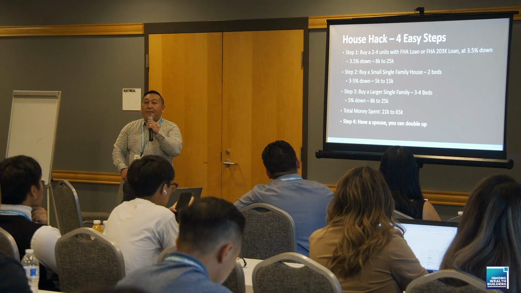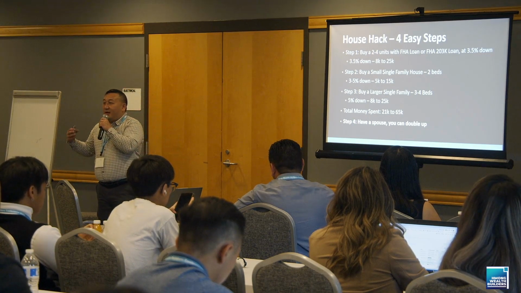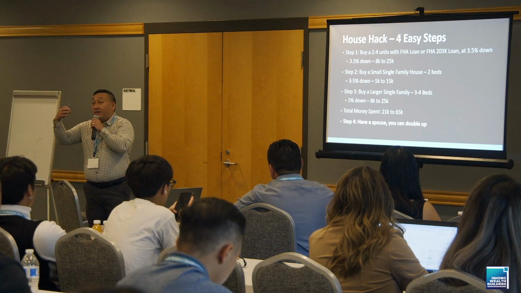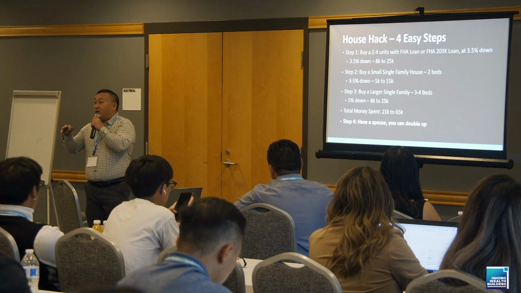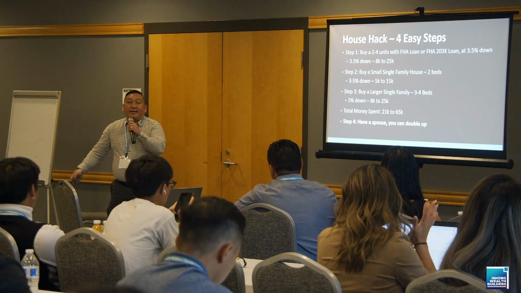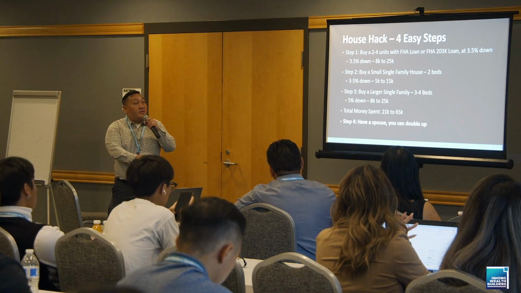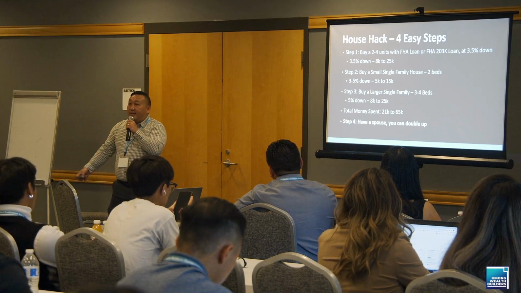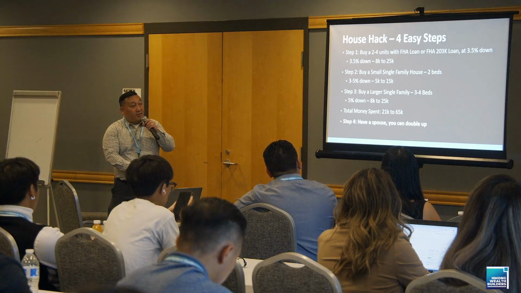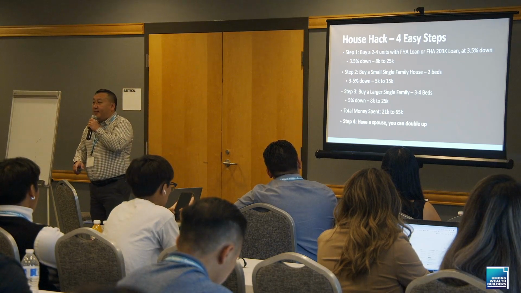Actually, we didn't even have money to purchase. So how we did, it was a lease option contract. I put $5,000 down, or as a contract fee. That's called rent to own, right? Or most of you guys might know it as rent to own. Then after that, I saved up some money as a down payment, and then we purchased it with the FHA, actually FHA 203K loan. But I'll explain that in a little bit here.